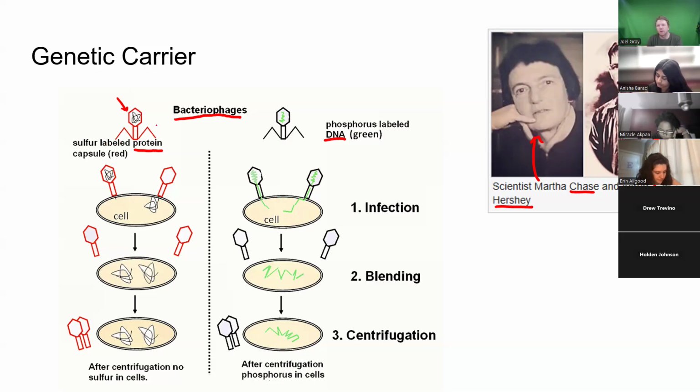And they labeled two different things. One of those things was sulfur, because sulfur is not found in a DNA molecule. They knew that if they could infect these bacteria and they carried this radio label, so basically, if the cell down here, the infected cell, infected bacteria,